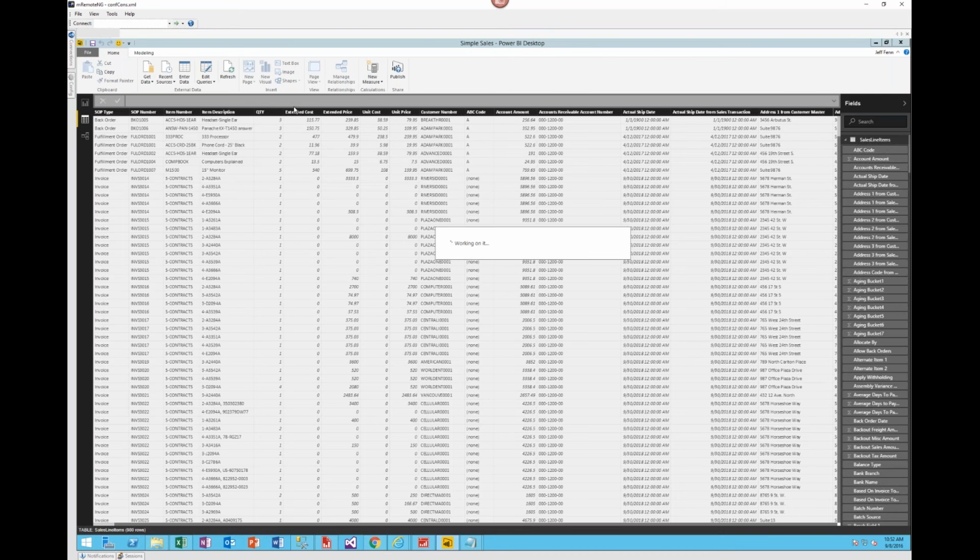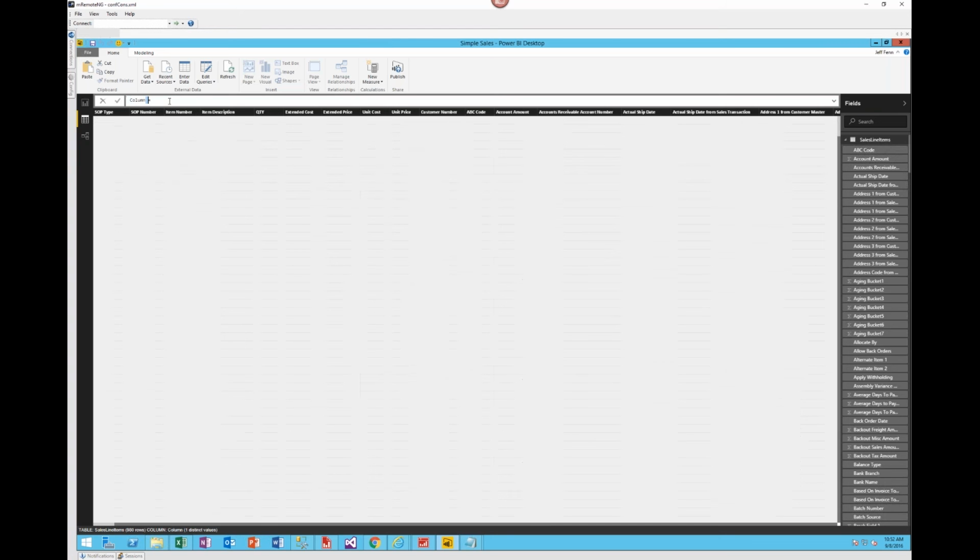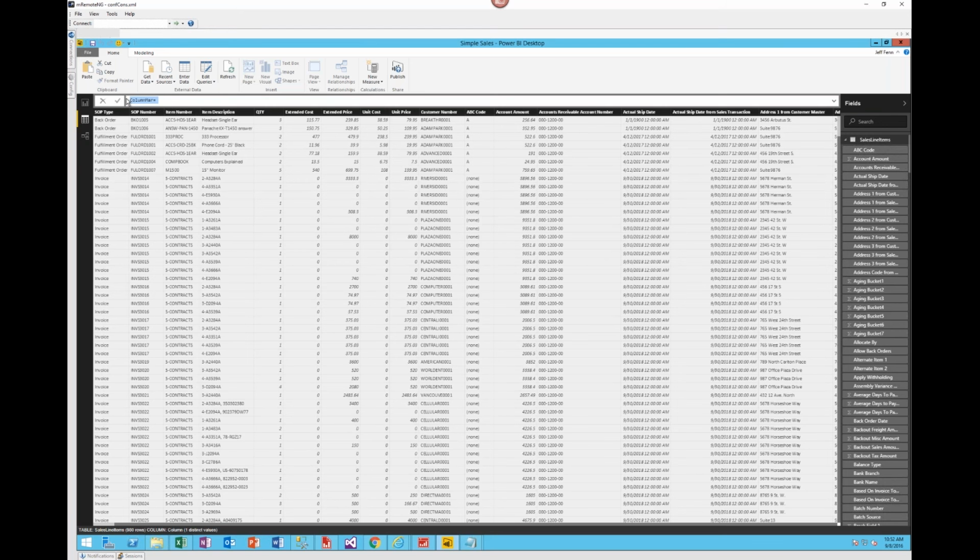One of the cool things about Power BI Desktop is you can actually get in there and model your data. From within here, I can add additional metrics, columns, I can tie in additional tables, that sort of thing. As you'll notice here, I don't have any sort of gross margin. If I search my fields, I have no margin field to see the difference between these two. So I can easily add that